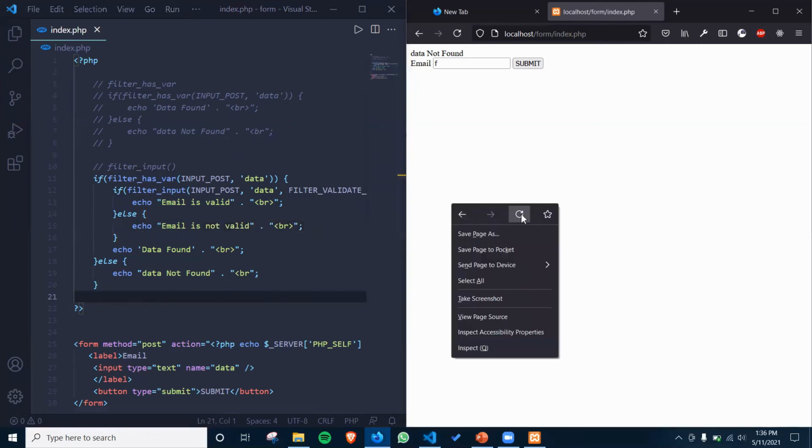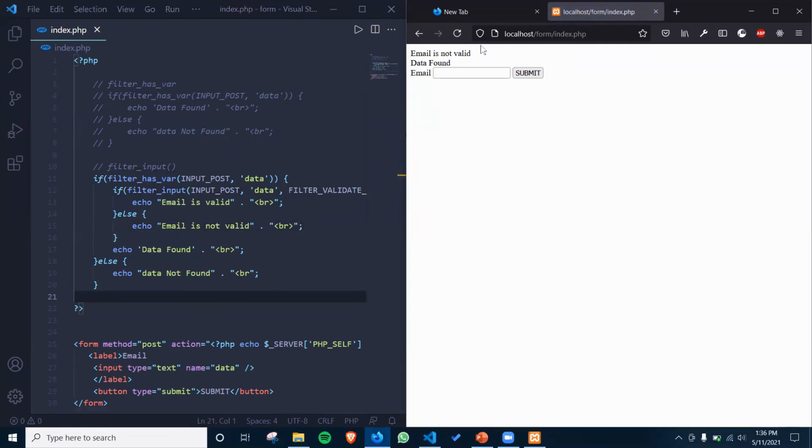Now refresh this page. So here it is shown that the email is not valid because nothing is present in the input element, and data found because you understand why, because the data is already present in the input element. So if I write here my name Subham and submit this, you can see that the email is not valid.